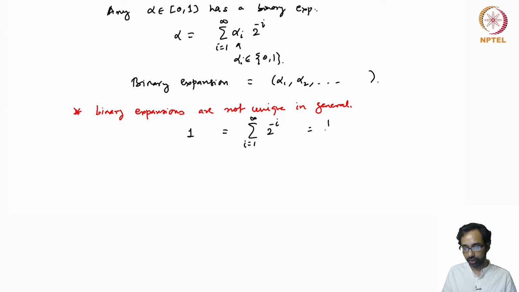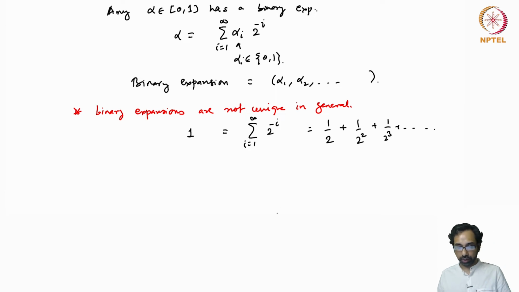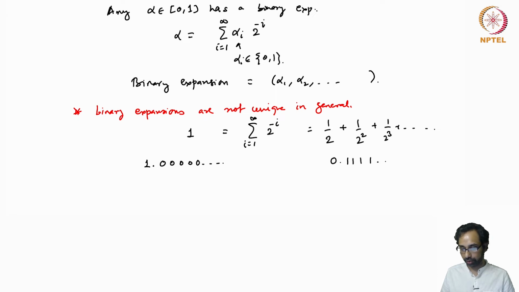So this is nothing but the sum of the series 1/2 plus 1/4 plus 1/8 and so on. On the left hand side you have 1.000 up to infinity, and on the right side you have 0 but then an infinite number of ones, but these two are equal, and so whenever we have this kind of ambiguity we will